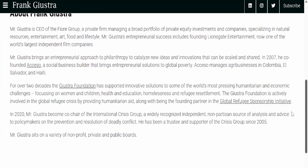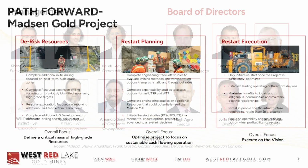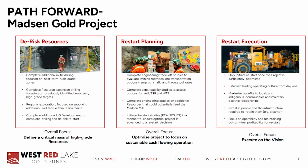West Red Lake Gold Mines' management team has really been hard at work since the acquisition this last spring. They have 4 core objectives to maximize shareholder value going forward. Those include stabilizing the maintenance and production costs of the mine to reduce the overall operational expense of running the mine and mill. Also, they want to complete all of the previous drilling work on the mine to fully understand the geology